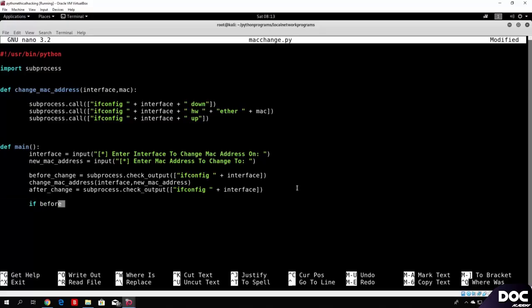And then after this, all we want to do is actually compare these two. So if before_change equals after_change, so if these two variables are equal, we can print basically something like failed to change MAC address to, and then we can add the MAC address that the user specifies, so new MAC address, and we close the brackets. And then else if these two variables are not equal, that means that we successfully changed the MAC address,